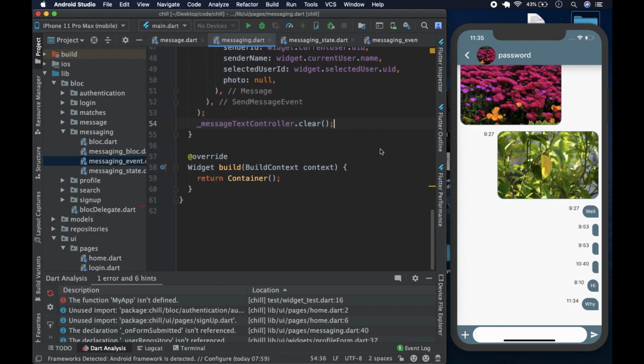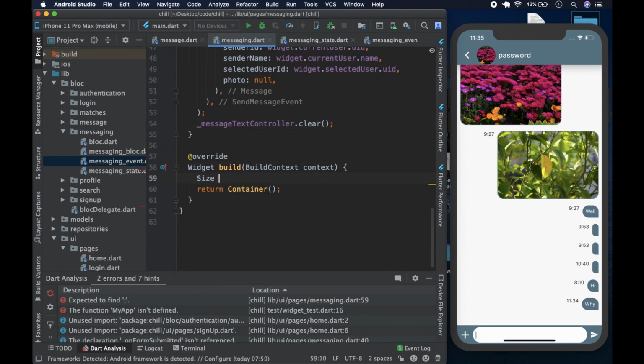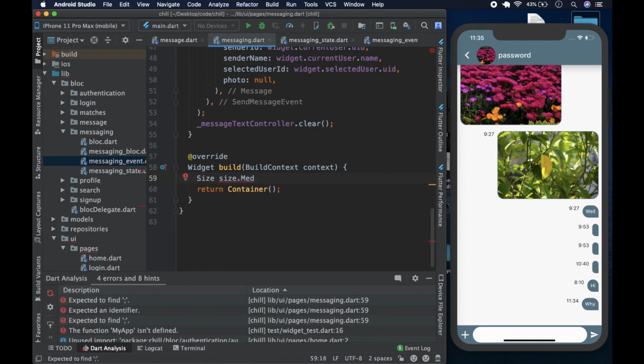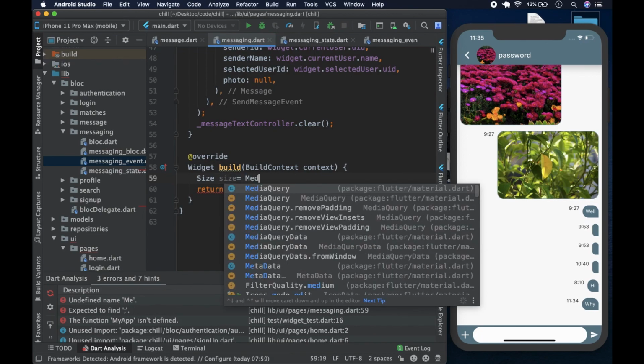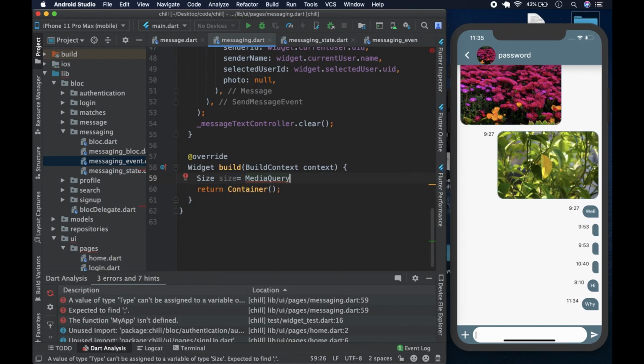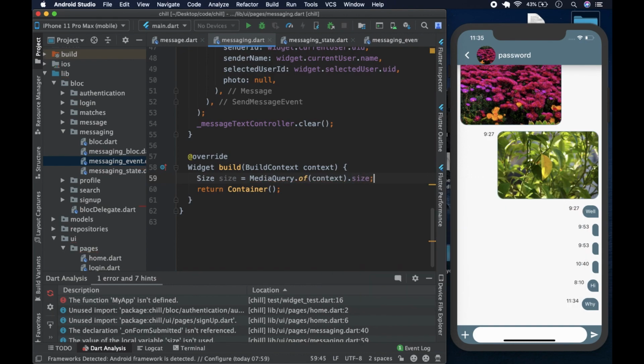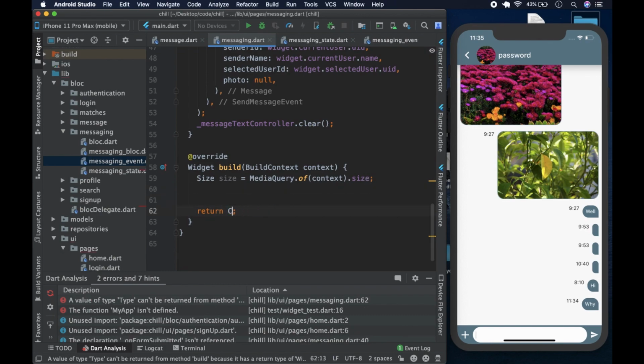And after that, the first thing we want to do, as always, is get the size so we can calculate our widgets. We could say size, dot media size, sorry, and this is going to be MediaQuery dot, we check the context, we pass in the context, like so, and we check the size. So we hit save, and we come down here, and what we're going to return is, of course, a scaffold